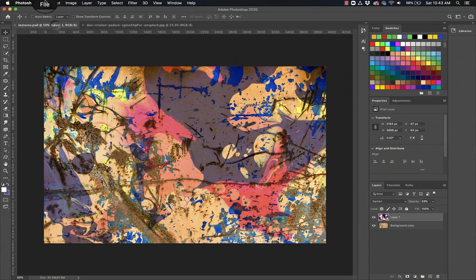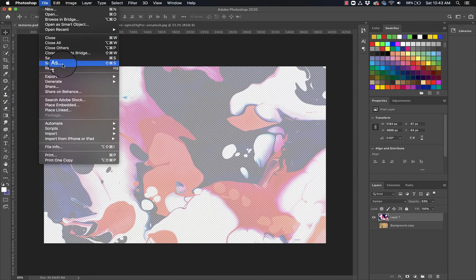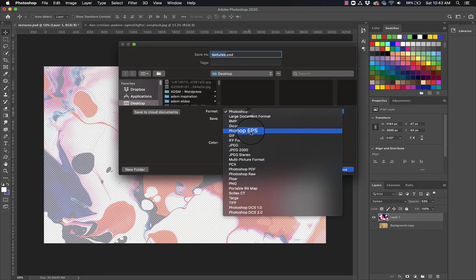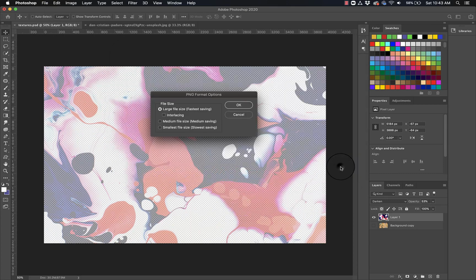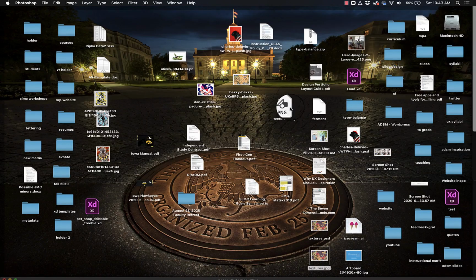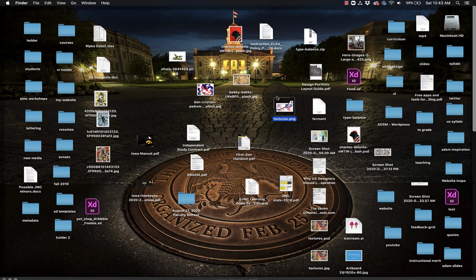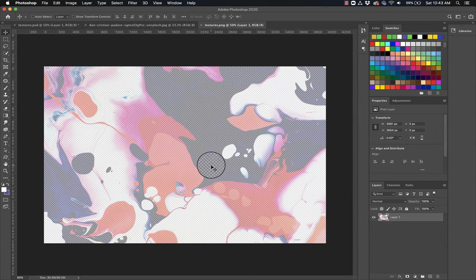So if we go to File, Save As, and I'll save this as a PNG, save that, and just leave it as is because we're not really worried about optimizing it for web. Now we know that when this comes out, it will have transparency. We just can't see the transparency behind my thing here. But if you use it on a web page, you can see the transparency. So that's really all you need to know about